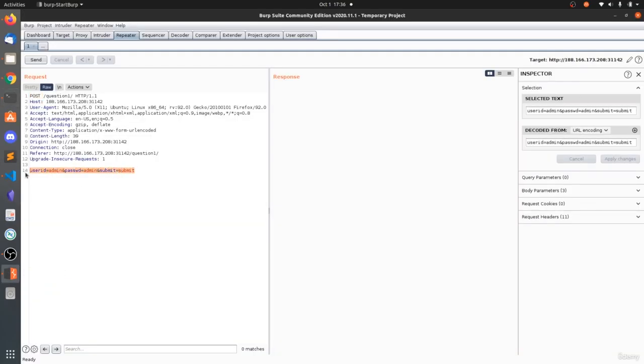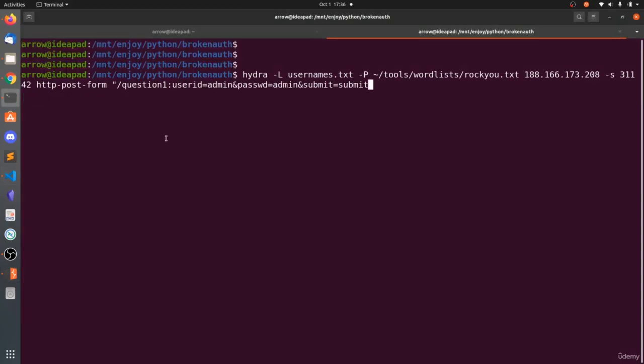So this is the data of this request. Copy this, and keep it like this. Now you need to change the fields you want to brute force. For password you can say ^PASS^. What this means is, for every request Hydra will identify this field as a password field, and for each request it will take one word from rockyou.txt, put it in this placeholder place, and send the request. In the same way you can also